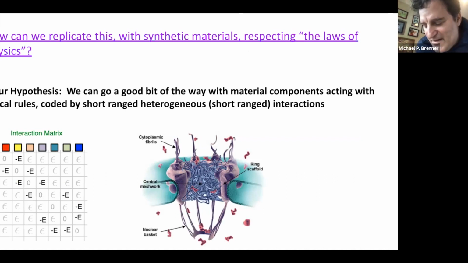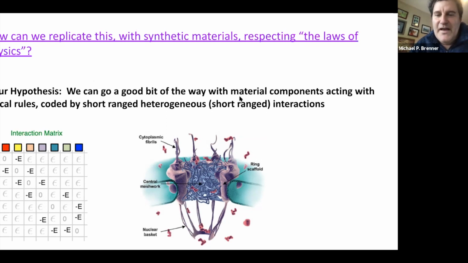This is the sort of thing you can do in a computer model if you want, but I don't care about computer models. We need to do things in such a way that we can build them, such that they respect the laws of physics. And the hypothesis that we've been following for a while, and like I said, this is roughly unsuccessful. I was going to say marginally successful, but maybe that's an overestimate,